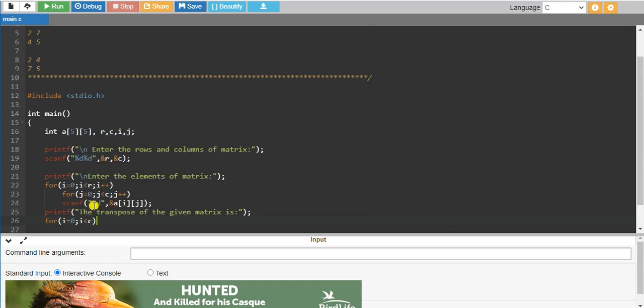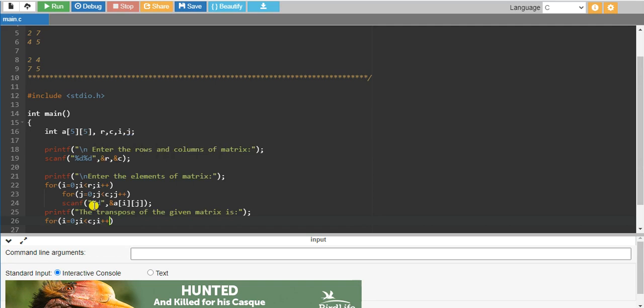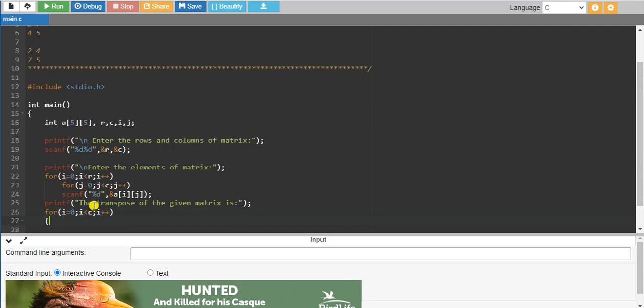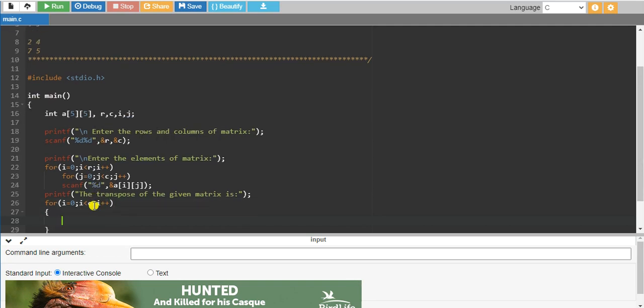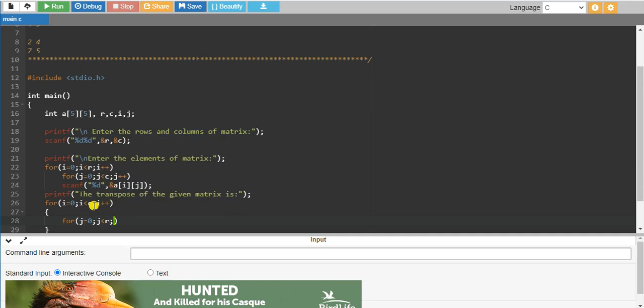Now before I was maintaining rows, here it is maintaining columns, that is transposing from rows to columns. Then under this we maintain one more for loop, j equal to 0, j less than r, then j plus plus.